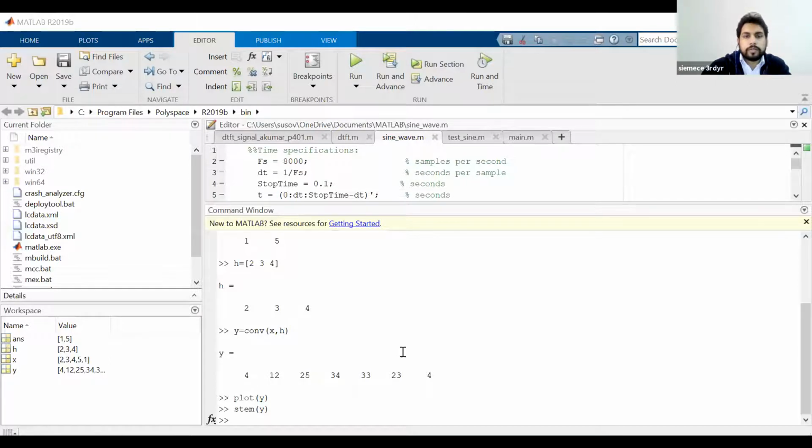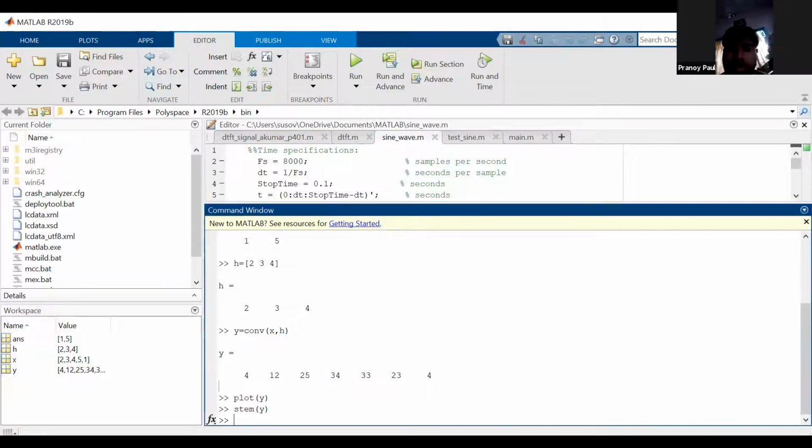Then if you insert a title, the title is suppose convolution. You can write anything.